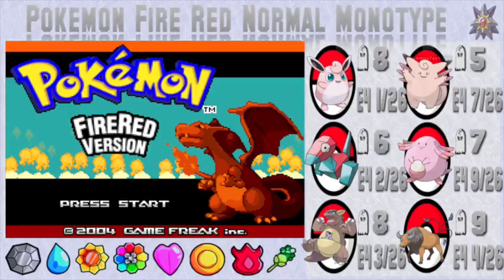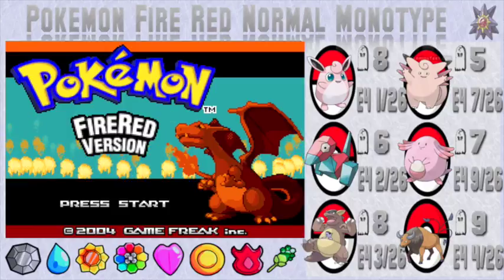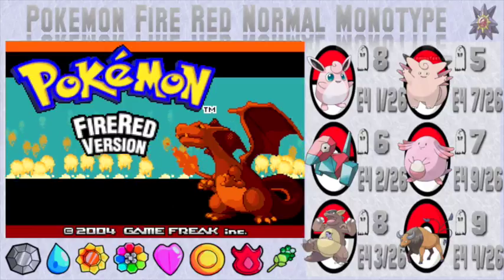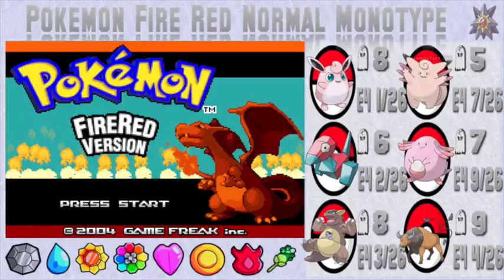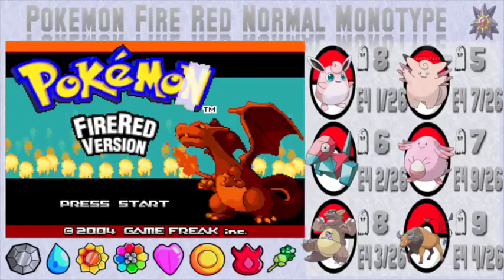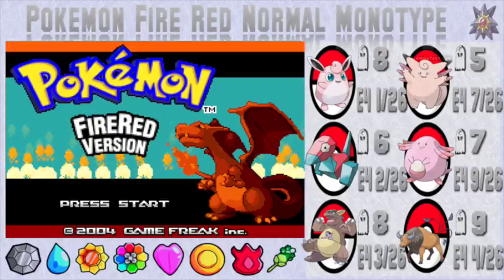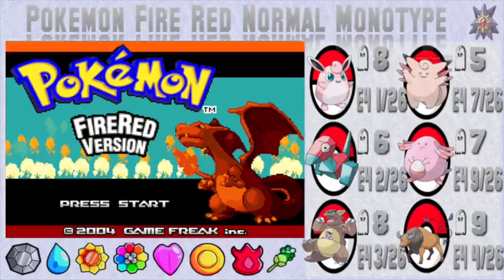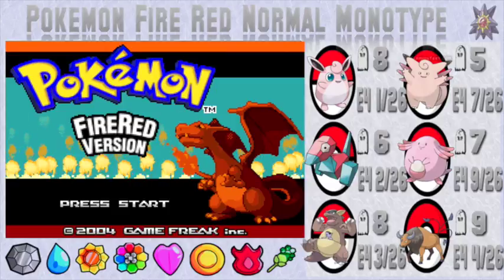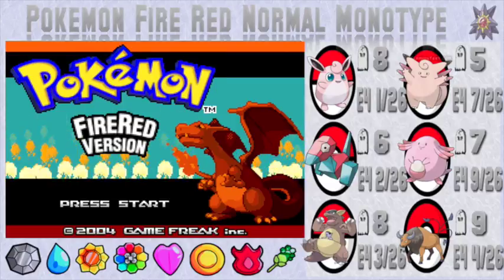There's obviously more stuff to be done here in Fire Red. We do have post-story stuff to go through and continue. Eventually, we will be able to get our final team, because we will be able to get a Blissey, because we will get the National Dex, which is really good. Unfortunately, we will not be able to get Porygon 2, which is always sad. We will be able to get the item for Porygon 2, but obviously it is a trade evolution,